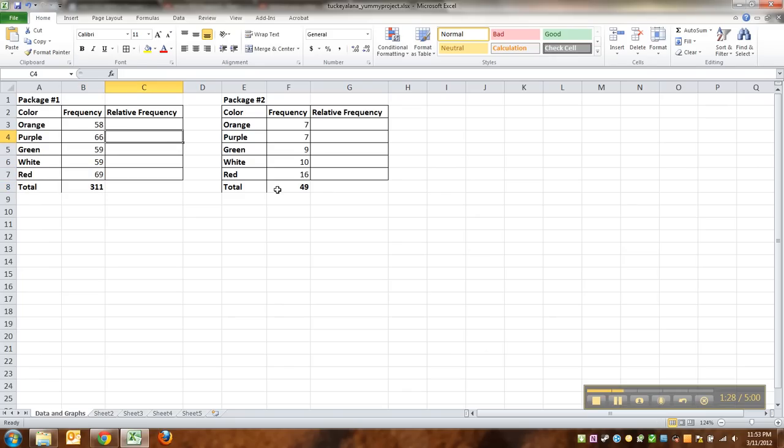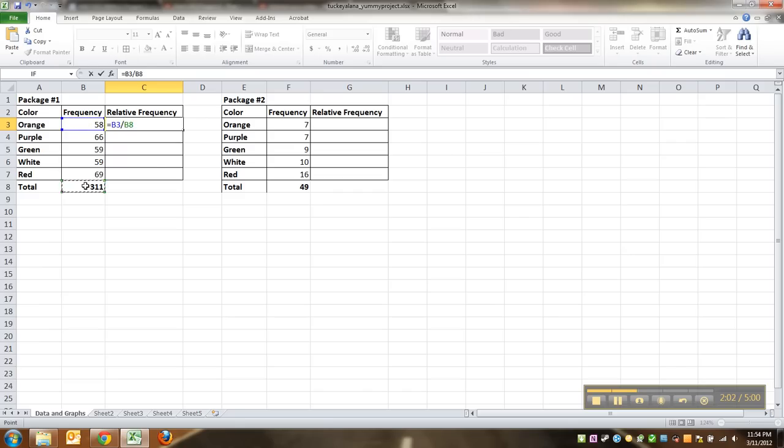All right, now I'm going to do another formula, but this one's going to be a bit trickier in order to find relative frequency. Relative frequency, remember, is the frequency divided by the total. In other words, it's how common was the color orange in relation to the whole, right? So you're going to say, okay, well, equals. Now you could type 58, but let's learn how to do some cell referencing because we're going to need it later on in life. So I want to say, hey, take that cell B3 and divide it by that cell